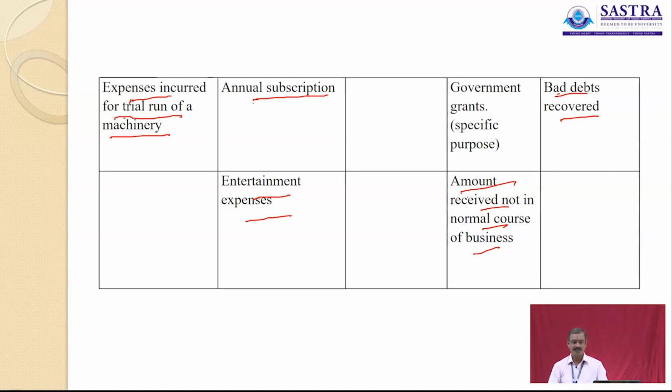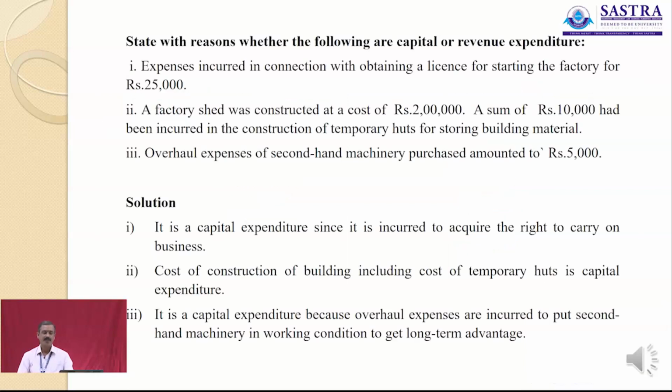See, we have seen almost every kind of activity for which the amount is spent, or from that activity an amount is received, taken together and put up in the comparison table to make you understand. You will be able to understand definitely. These are all the significant items. Let us see some of the questions for practice, and we analyze whether these expenses are in connection with obtaining, or connection with operation, or connection with the regular purpose or irregular purpose. So such kind of questions are given now.